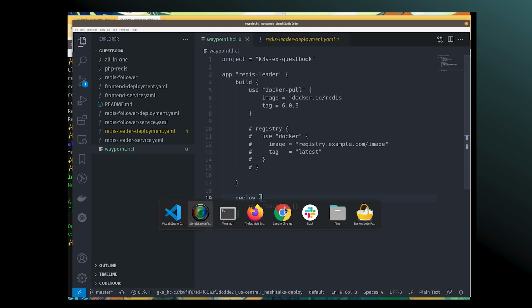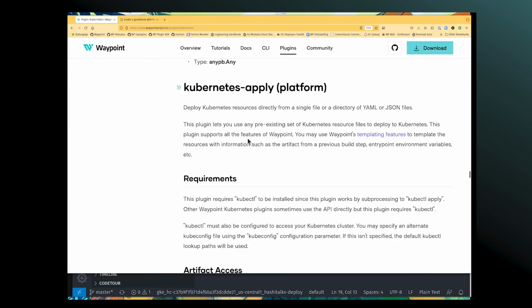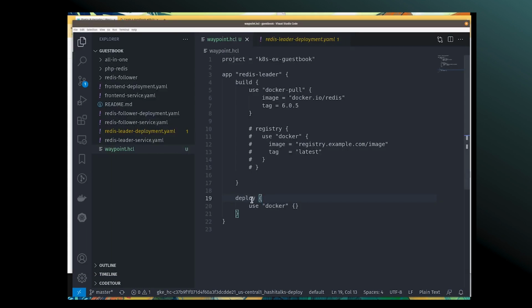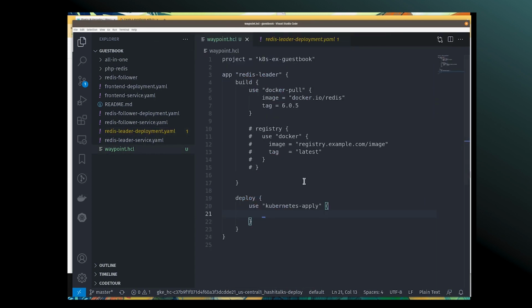Oh, right, yeah, so this is where we're gonna bring in the whole thing, the whole reason, Kubernetes Apply. So the Kubernetes Apply plugin means, since the wonderful people who made this example app have already done all the hard work for us by giving us these YAMLs, then we can just sync them up to Apply and get all of our Waypoint benefits. Okay, so what we're doing here is Kubernetes Apply takes a path and a label, and these are both